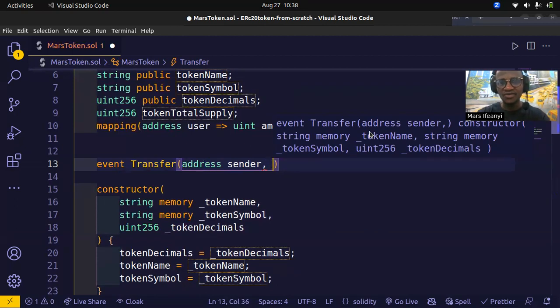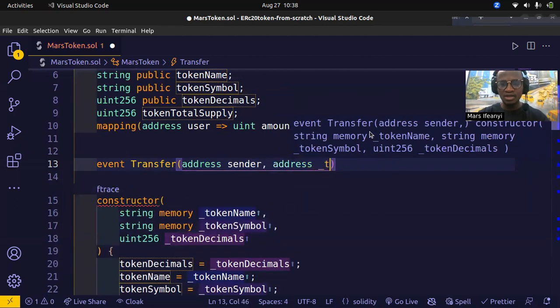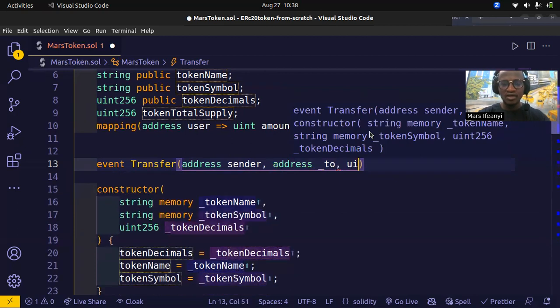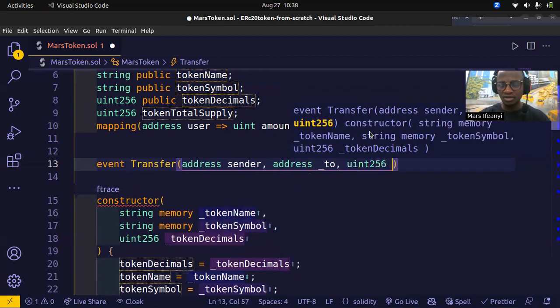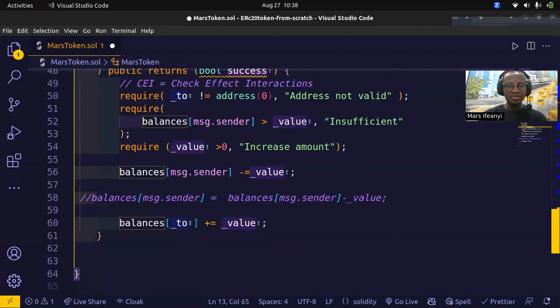We want to emit a transfer event that will tell you who is sending it, then address to, then uint256, so how much the person sends. Okay, so that is the event. So we've defined the event. Let's come down and